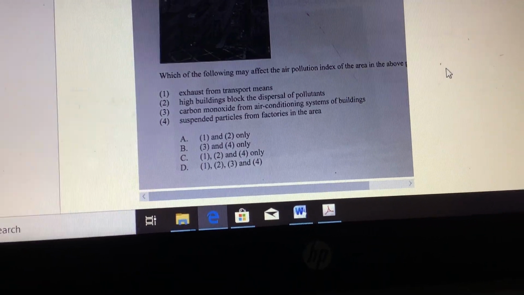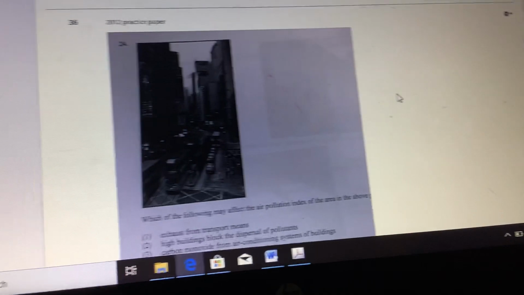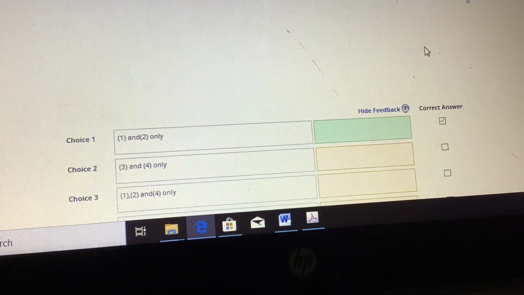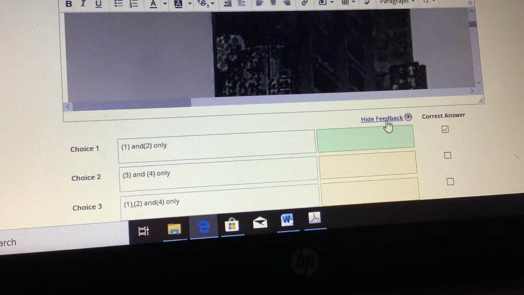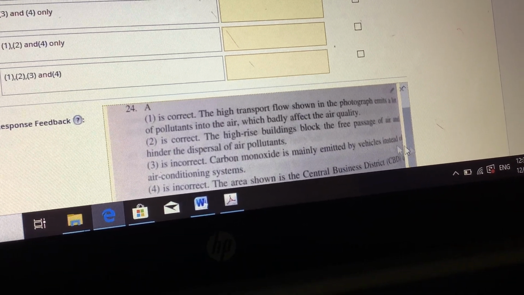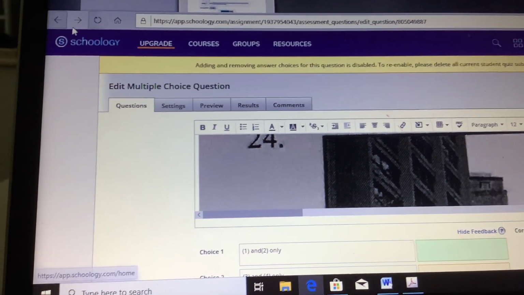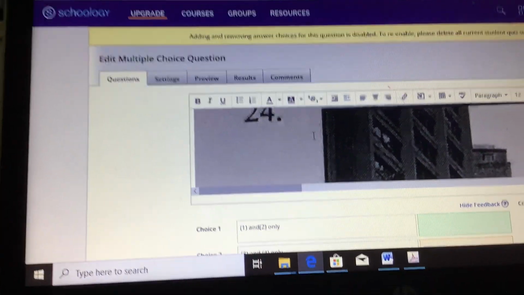Carbon monoxide. Okay, check out the answer. Why is carbon monoxide not correct? Wait a minute. Yes. Answer, hello, I want the answer. Number 3. Oh, but the vehicle. Yeah, I forgot this one. Okay, Mr. Leung's chemistry is not good. So that's why I teach geography.